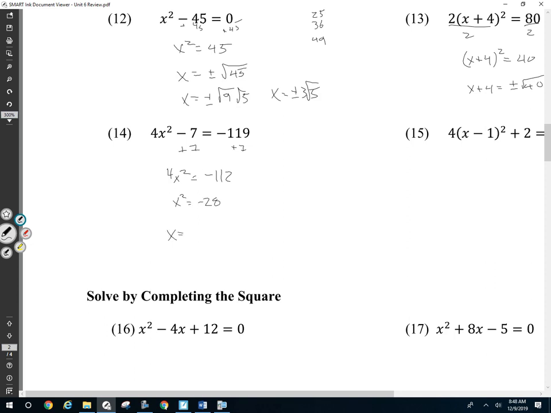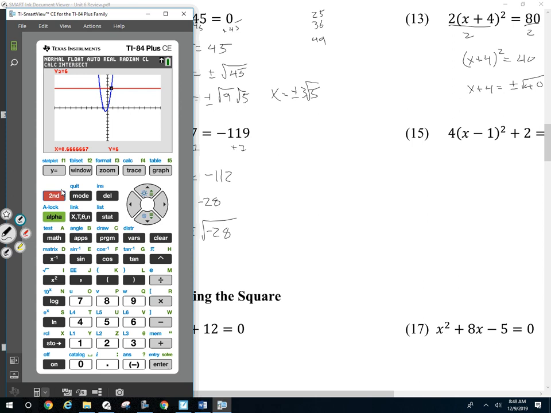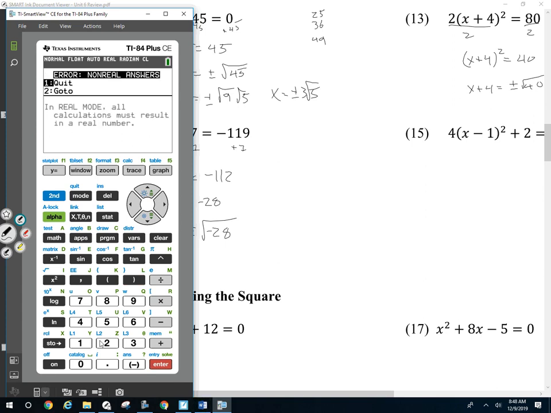Square root, x equals plus or minus square root of negative 28. Now this is when we understand that you can't take the square root of a negative. If you typed in the square root of a negative into your calculator, it'd say, no, I can't do that. It's not real. So when we start talking about the concept of an imaginary number,